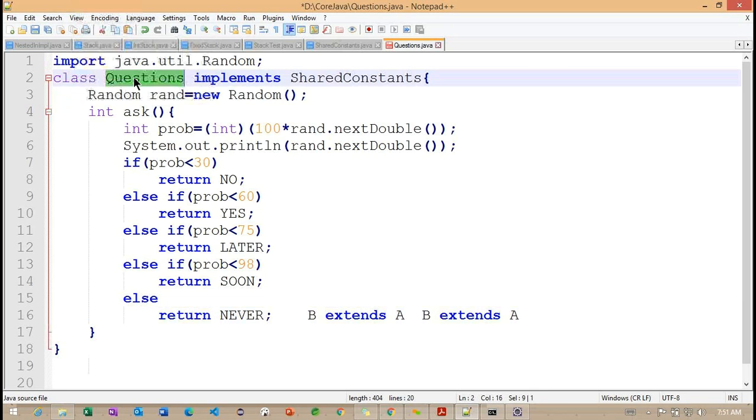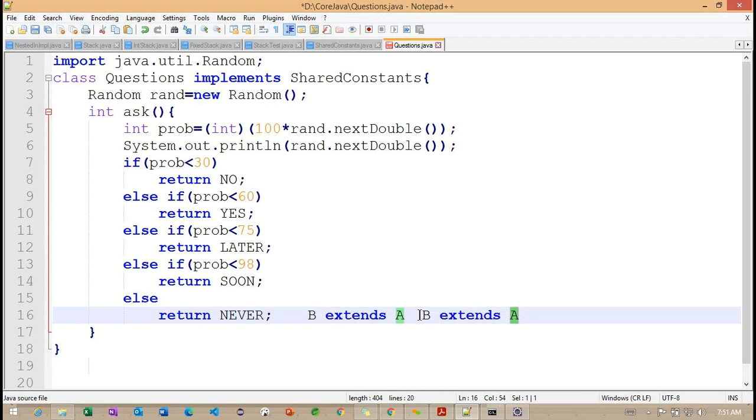Getting the point. When we are working with a class to interface, we understand the implements keyword. But when we are working with interface to interface, which keyword do we need to use? We need to use the extends keyword, or we could work with the implements keyword. Now we are going to discuss this section. Basically, when working with interface to interface, we are going to work with the extends keyword only. Getting the point.